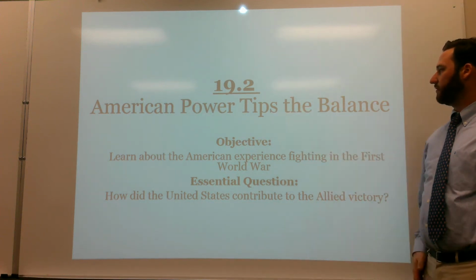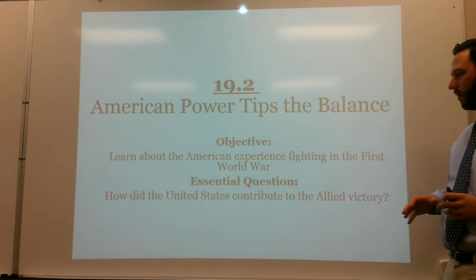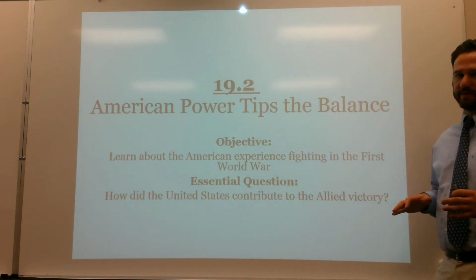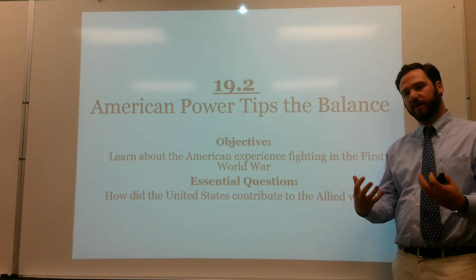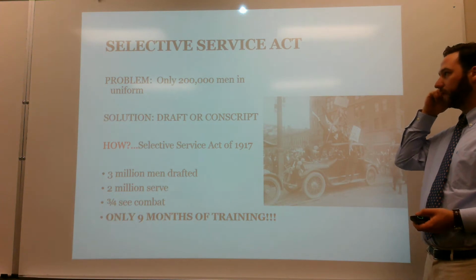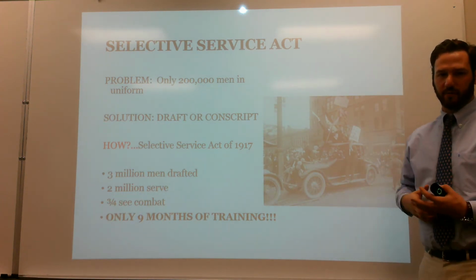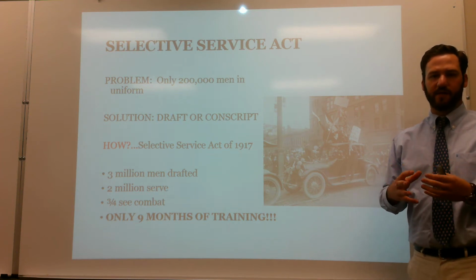See American power tip the balance. We're going to look at the American experience fighting in the First World War and how the United States contributed to the Allied victory. It's very important to the end of the war and the U.S. role in it. Historically speaking, before World War II, the United States had always maintained a very small